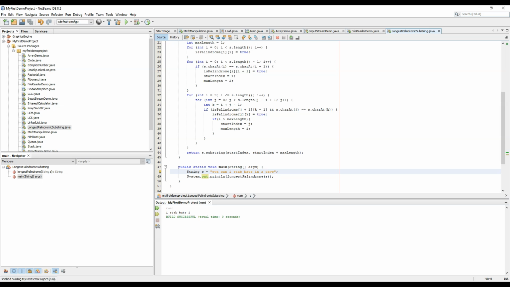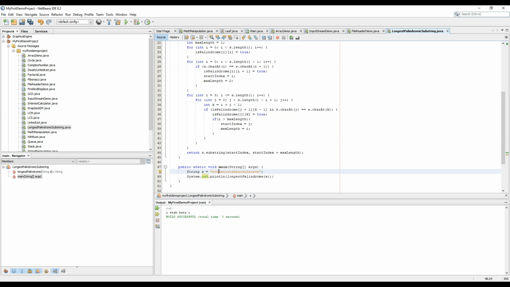Right now, I stab bats' eye is the biggest palindrome in this string. But remember that we haven't made this case insensitive, so it is case sensitive. Capital E would not be equal to small e, so we just need to do that also.